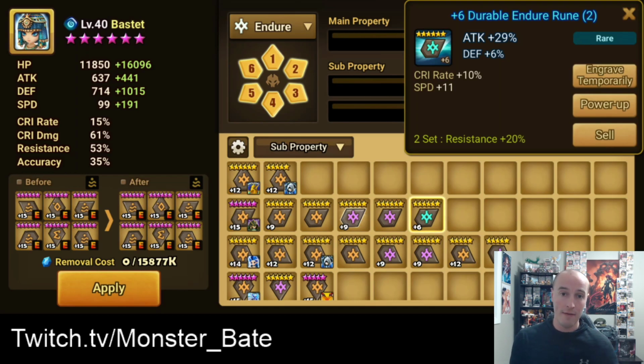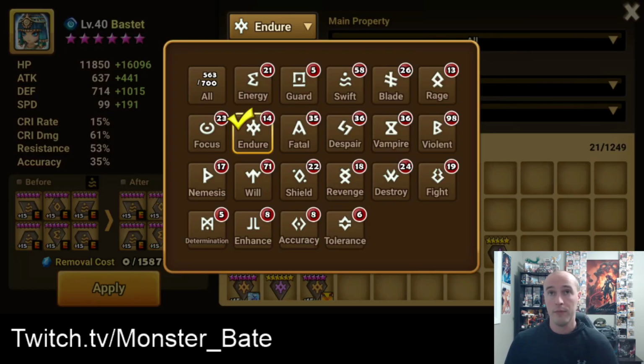By not having that set with attack percent, this rune could just be squeezed in there to try to alleviate the pressure on the other runes. But stats always take priority over sets. If you can make a set while still being able to have good stats, then yeah, go for the set. But if not, then